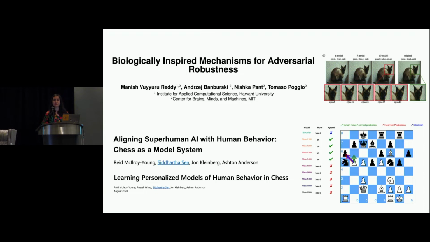Another example is chess. We all know that since the late 90s, AI chess has achieved superhuman status. However, studies by colleagues at Microsoft Research, which continue, show that if you show these sequences to grandmasters, they do not recognize the sequences produced by the superhuman AI as human-like play.